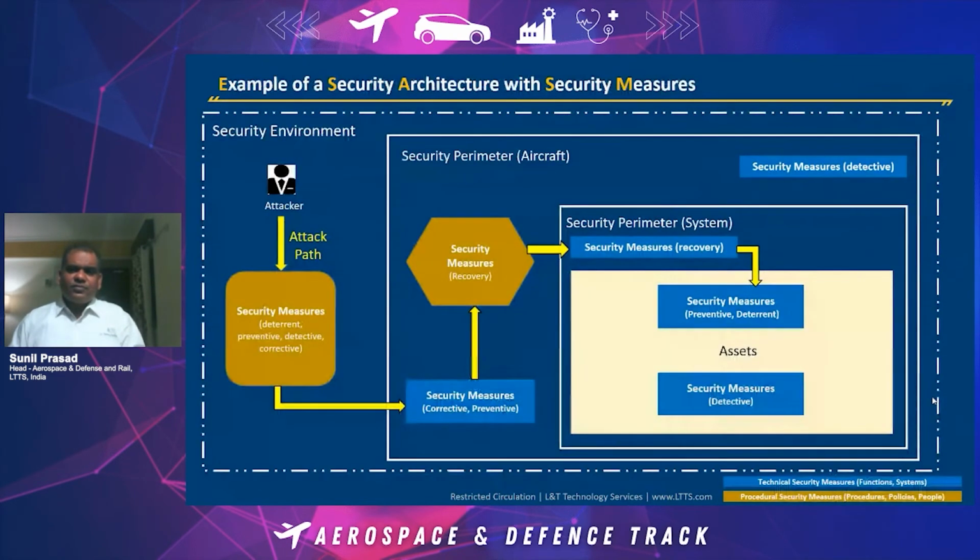However, coming to the aerospace specific world, the key element here includes defining the whole security environment. The whole security environment is: you have your air traffic management, you have the aircraft, you have systems within the aircraft, right? From where, what kind of attacks can come in. So you'll have to look at it in a holistic view. The security perimeter is the aircraft, the security perimeter of a system is the system, right? So we'll have to make sure that the security measures are not just